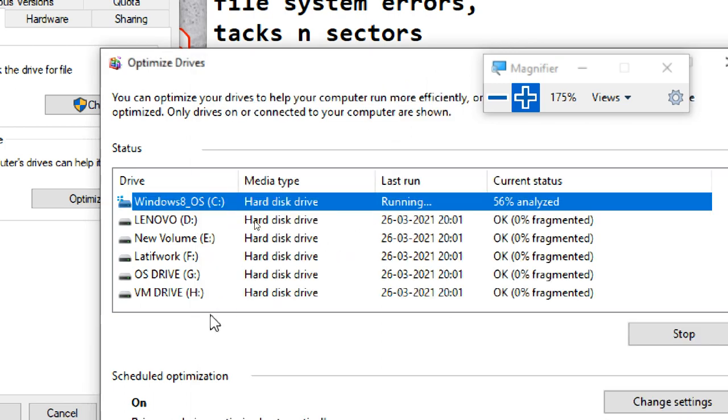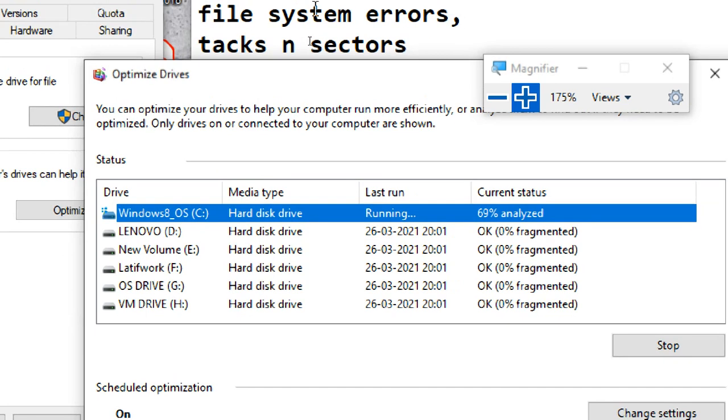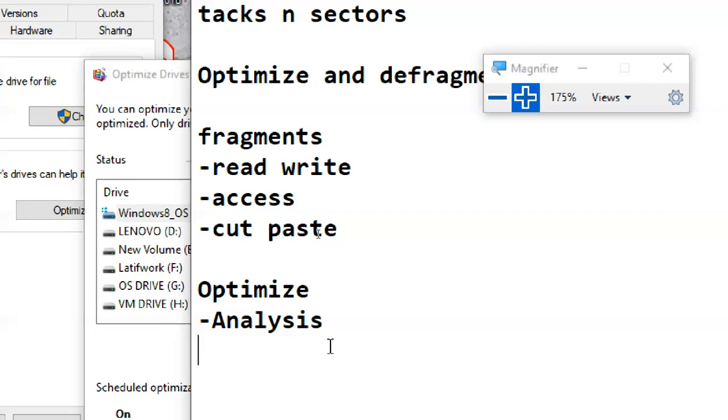Analysis is going on now. It will show how much it has analyzed. Once it is analyzed, in case it shows how many fragments are created, or what percentage of fragments there are, say 2%, 5%, 10% fragments, then what to do? Once it shows how many fragments there are, you have to click on Optimize in that option.